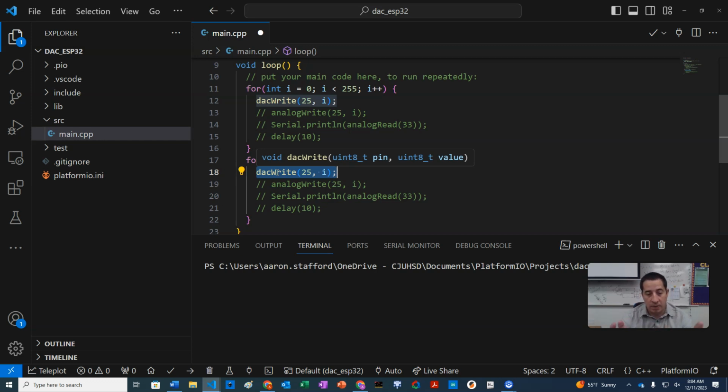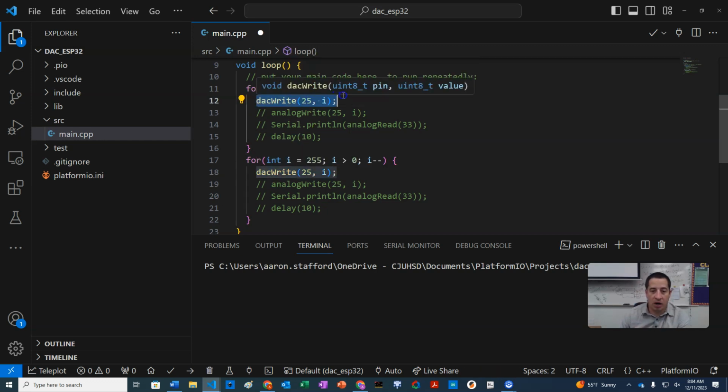But essentially we're going to use some libraries that will do all this work for us, and they use something called DMA, or direct memory access. This process where every time through the loop we write a value to the DAC is really slow. I mean, it's fast, right? Faster than you could observe, but it's slow in the sense that